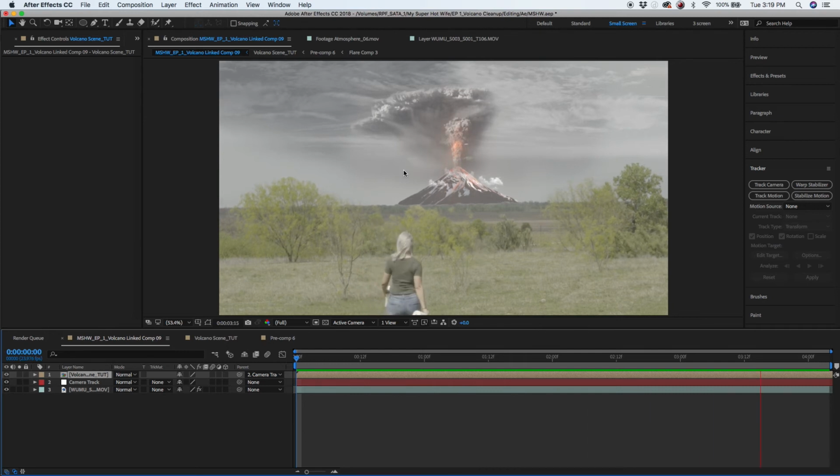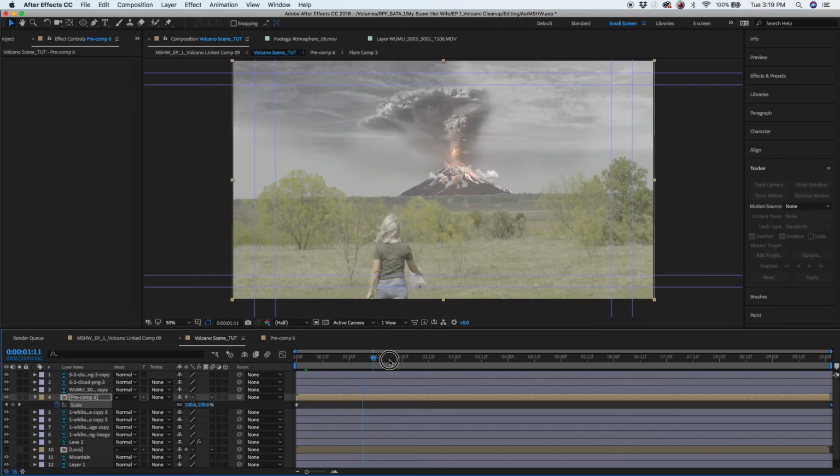I mean, as real as a lens flare going through some clouds would look. So there's that. Woo, we got that done. One thing that I did notice is this tree line right here doesn't look real. So what I did to combat that is went back into my comp here, my volcano scene comp,